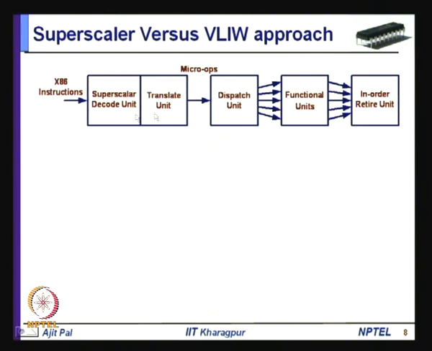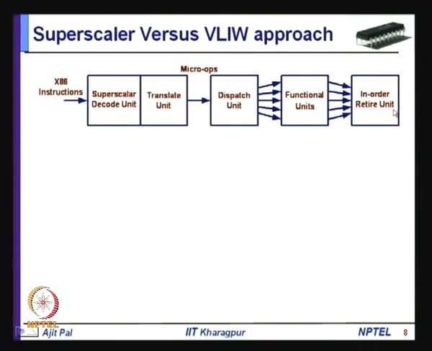So, what is happening here, you are fetching instructions sequentially one after the other, then you are doing decoding and sending them to the dispatch unit, but depending on the parallelism possible here, they may be executed with the help of functional units out of order. That means, those instructions which have been fetched in order may be executed out of order in this part of the hardware.